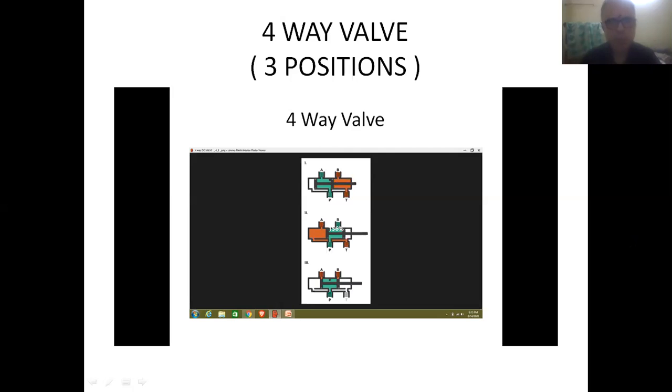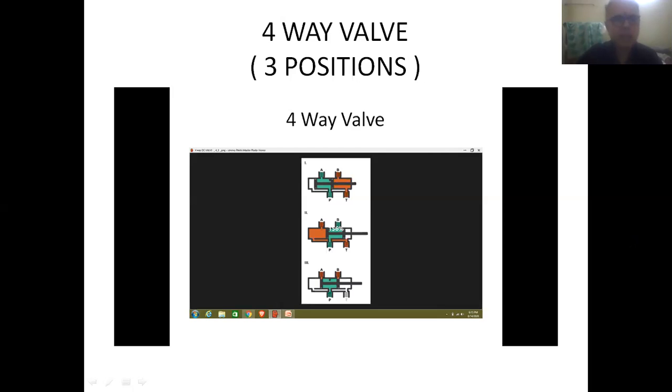condition. And secondly, when the elements are moving in reverse direction, the valve will be coming to first position as shown in the first figure.